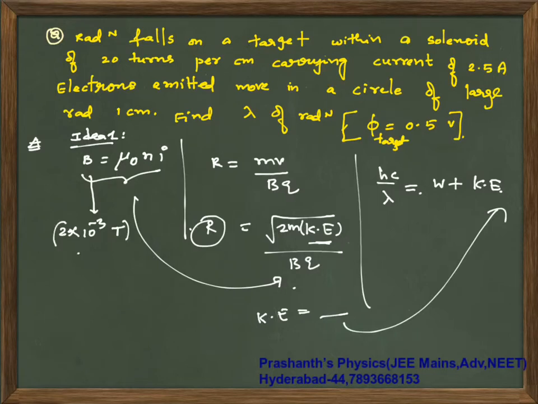And your maximum kinetic energy from here is 35 electron volt. Your work function 0.5, so you will be getting answer as 35 nanometers. Check whether you are getting these values or not. Mass of electron is fixed, 9.11 into 10 power minus 31 kg. Substitute these values accordingly and then get the answers.